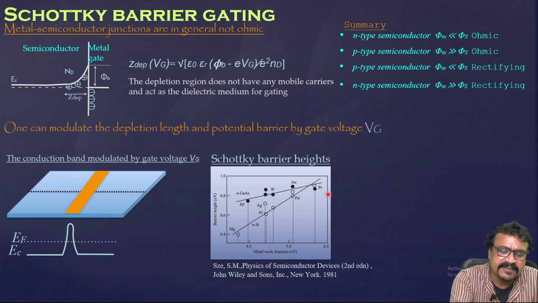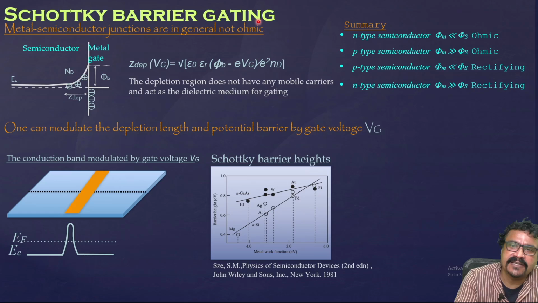Any metal-semiconductor junction can give a Schottky barrier. Of course, the barrier height depends upon the work function of the metal and the electron affinity of the semiconductor. There will be a band bending, a thin depletion region in the semiconductor, and there is a barrier. In general,